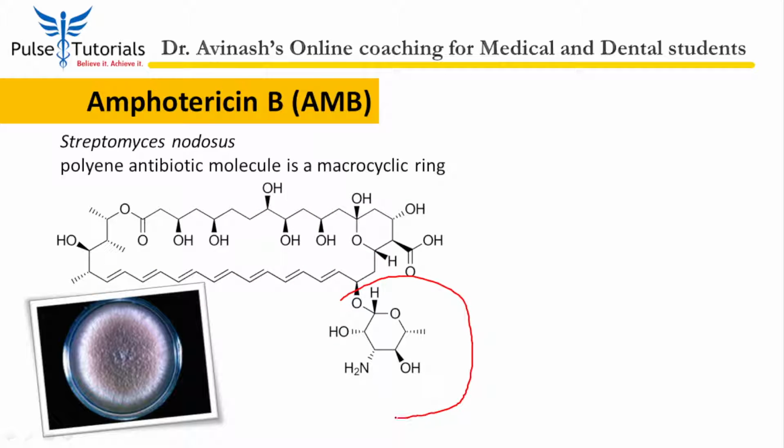Now what about this part here? That part is actually an amino sugar and a carboxylic acid group. Okay, sometimes there is an amino sugar at one end, and the other end, as you can see here, there is a carboxylic acid, COOH, present at some other group, which is really not important, but you just have to know that this is the kind of structure. Now they are actually insoluble in water and unstable in aqueous medium. Okay, they are not water soluble as such.